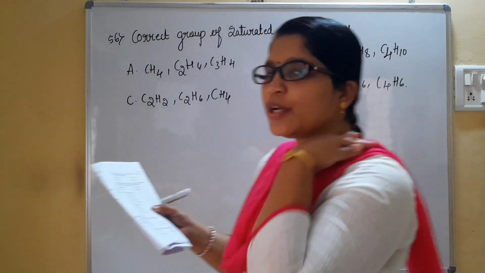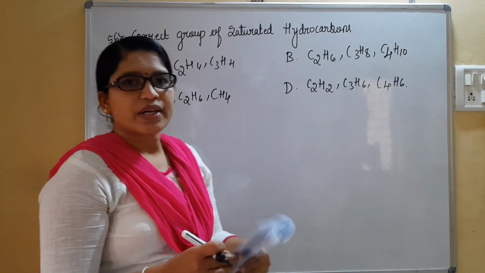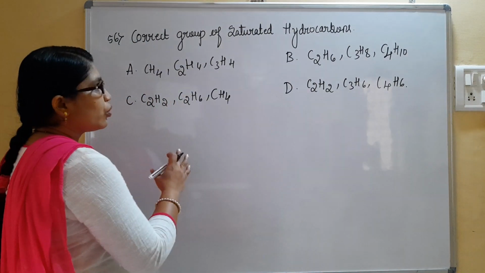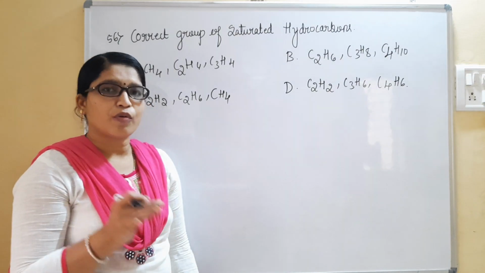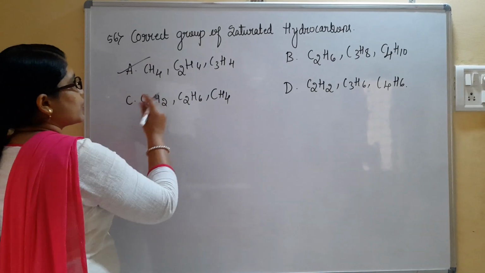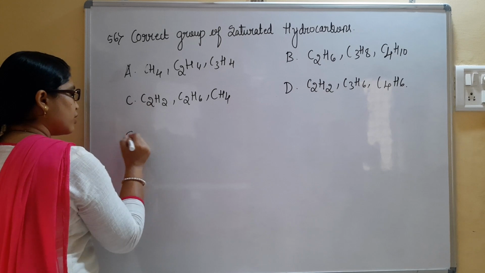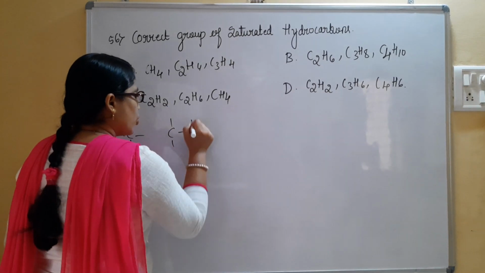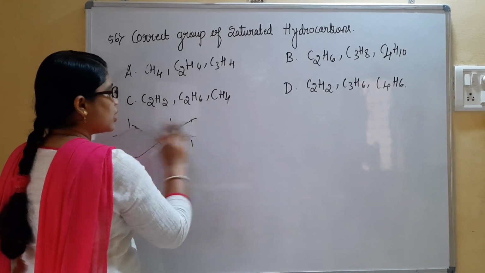So dear students, coming to the next question, that is the 56th question. We have to find out the saturated hydrocarbons out of these four sets of molecules. We know the saturated hydrocarbons will always possess carbon-carbon single bonds. In the general formula, they have CnH2n+2. So let us consider the first option. Are all saturated or not? How do you write the formula for ethene? C2H4, with the double bond between the carbons. So the first option is not correct.